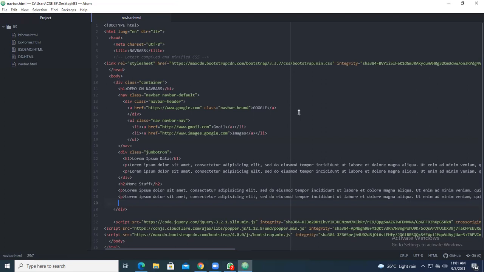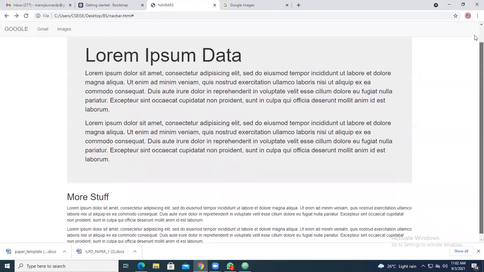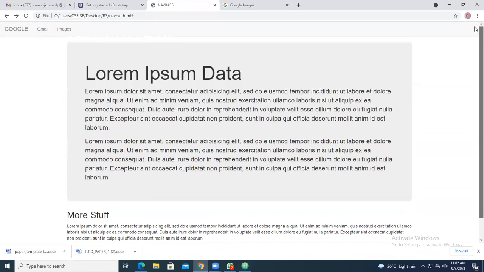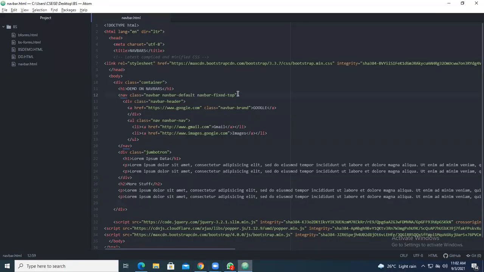In order to get that on the top, here in the navigation bar you give it as navbar-fixed-top. Okay, so these are the settings. Go and refresh this particular page. As and when you scroll, you will see the navigation bar stays, because it is fixed on top. So apart from that, if you want different colors, different margins, you make use of navbar-inverse. So you use this particular thing.